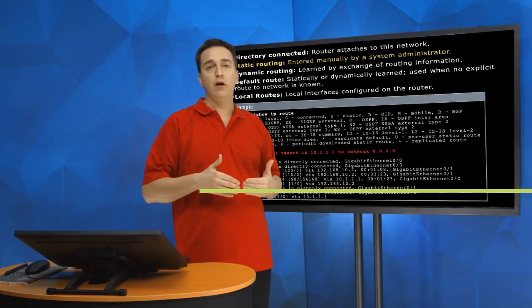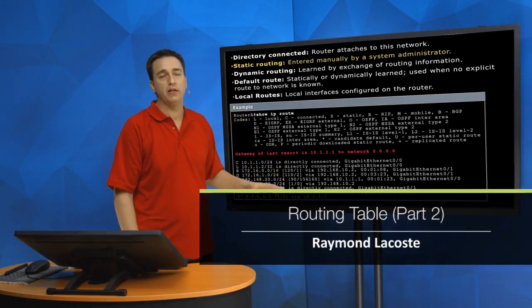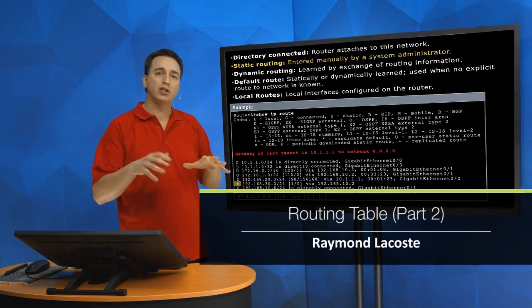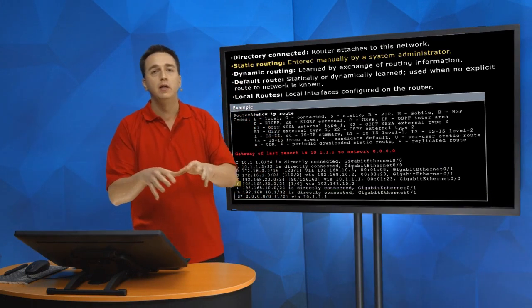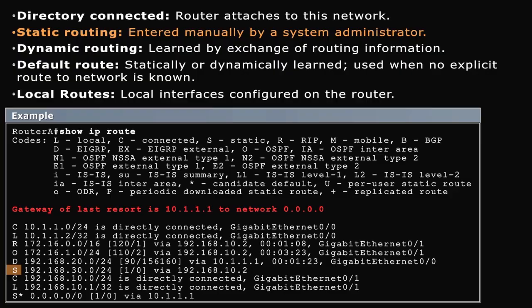So static routes are represented as an S in the routing table. And a static route is a route that's going to be manually configured by an administrator. The administrator is going to type an IP route,